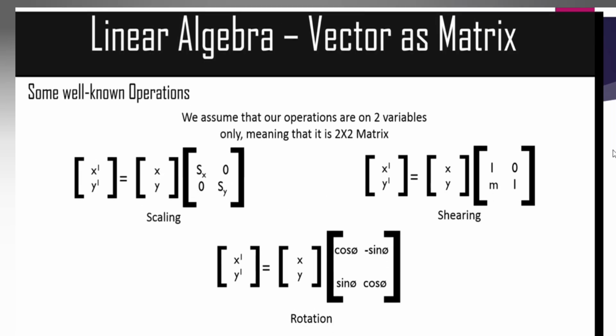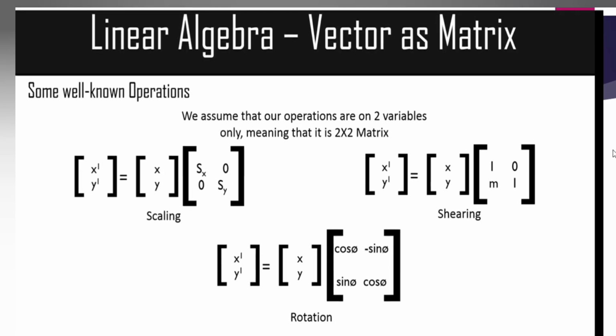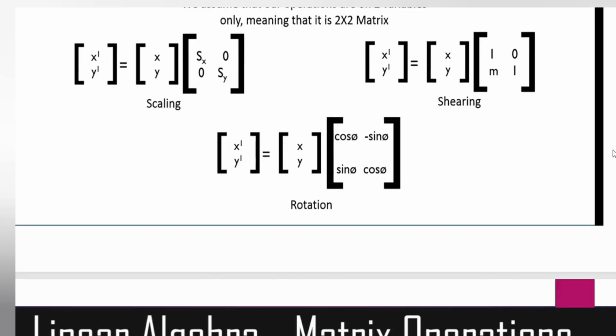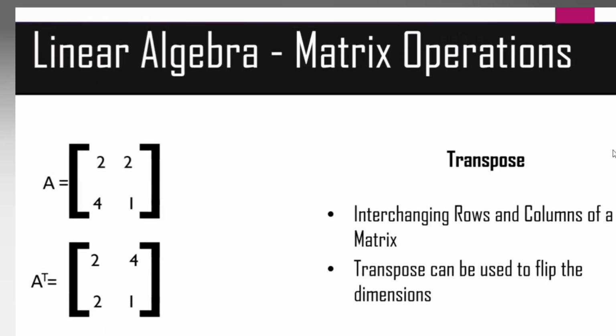And the next thing is some well-known operations like scaling, shearing, and rotation. We'll discuss this. This is not that important, but it is used, like for the scaling purpose. Shearing, we have already discussed. Rotation means it will rotate, like sine, cos are used. Okay. So the next thing is